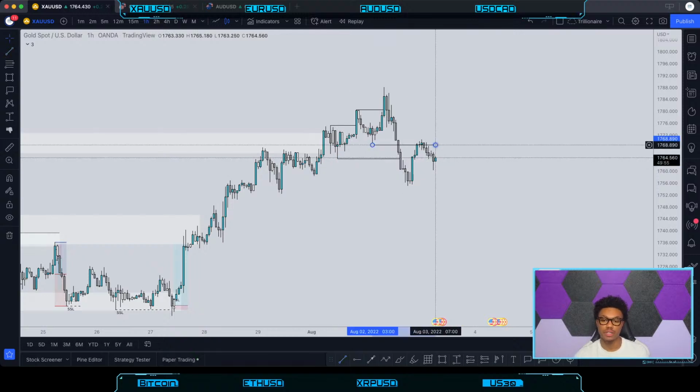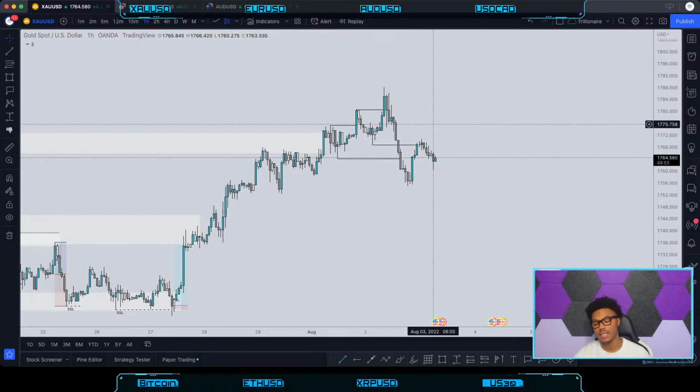If we see certain things as part of the algorithm that tell us that sellers should come into the market or buyers should come into the market, and that doesn't happen, the most important thing is to stay fluid. If your analysis is incorrect, one thing we don't want to do is fight with the market. We don't want to revenge trade. What we instead want to do is just flow with the market.